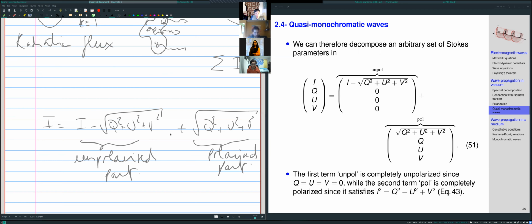Okay, but this is just a formal way of rewriting the Stokes I. Stokes I then can have a polarized component, which would be the sum of the linear polarization, the other linear polarization, and the circular polarization. Okay. Now we write the similar sets of equations for the other Stokes parameters Q, U, and V, and we associate 0 to all the unpolarized parts. Okay, so this way we